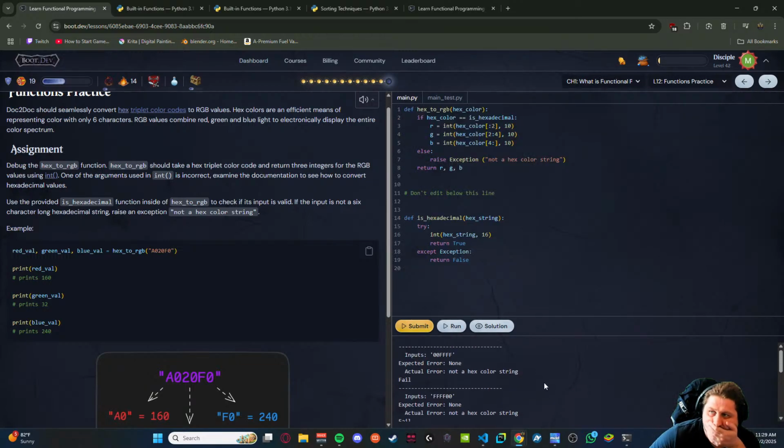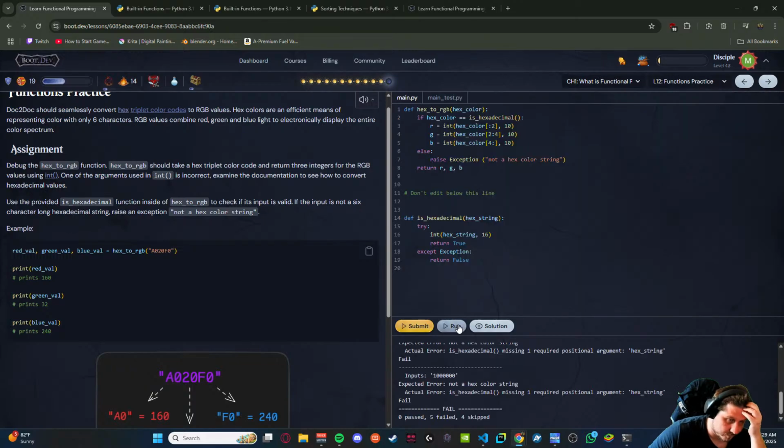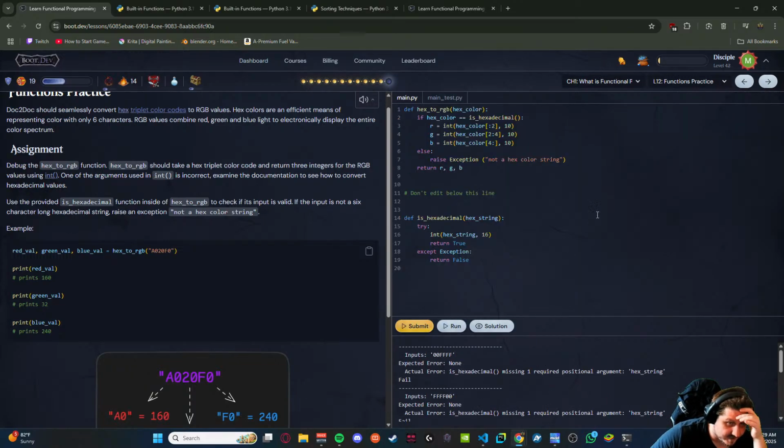No, still a problem. Hex color. Wait. That's a missing one required positional argument hex string.